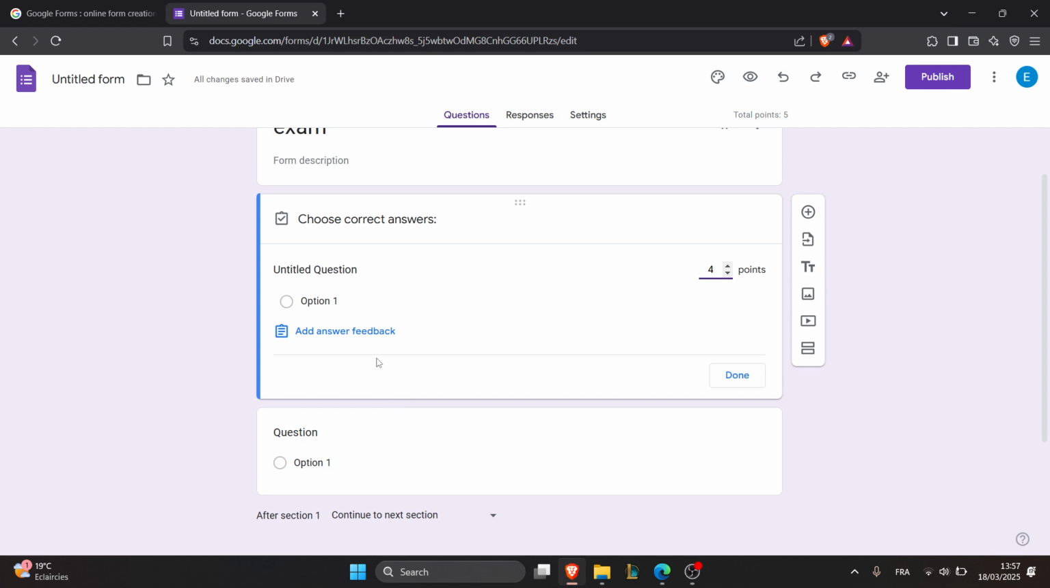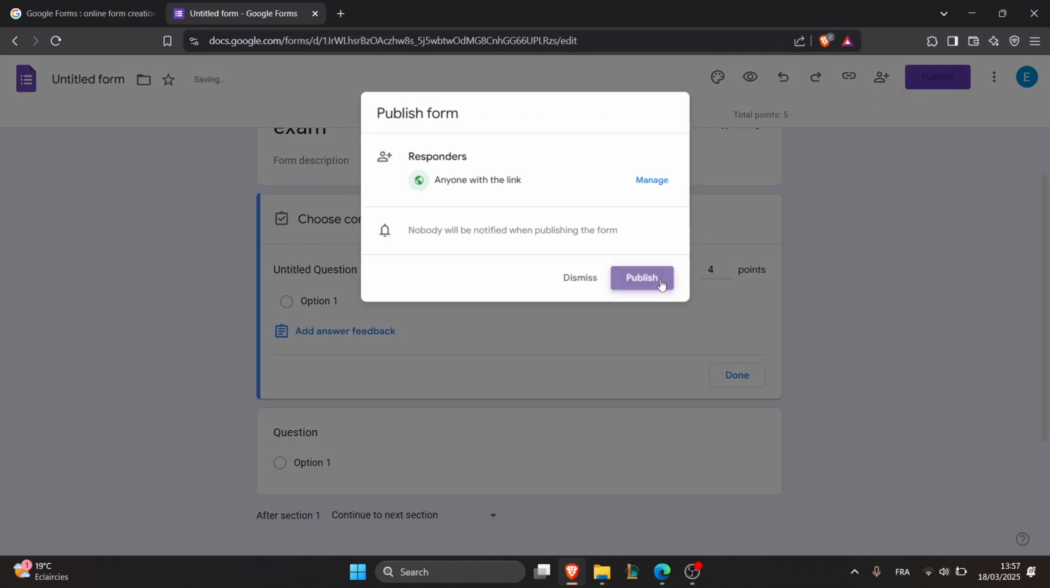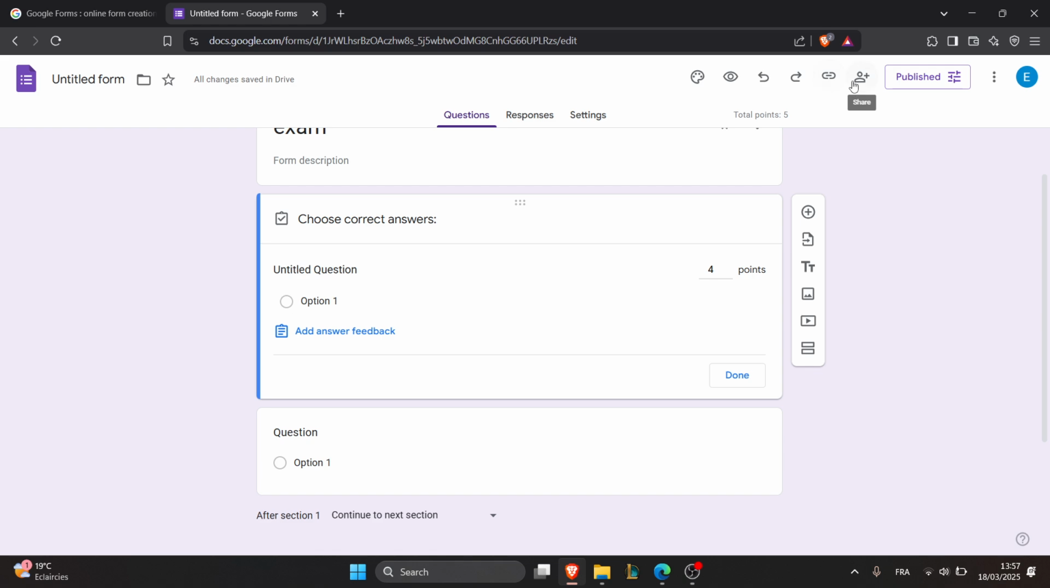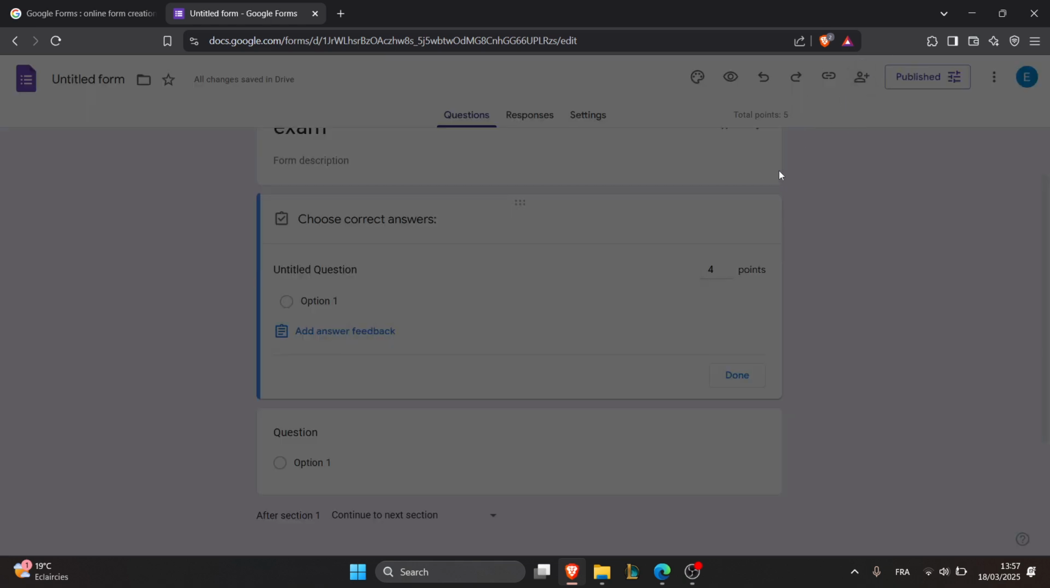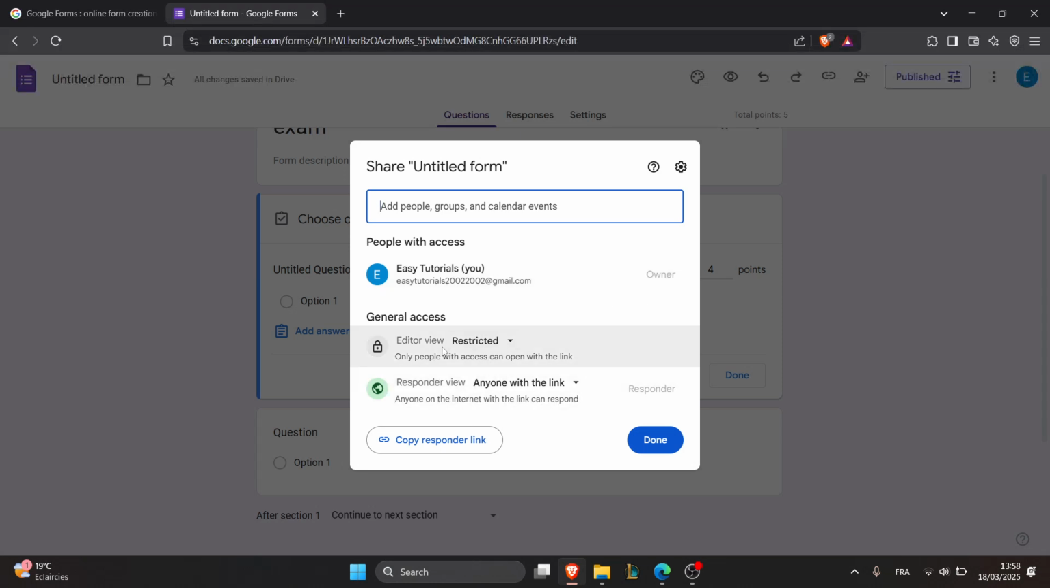The final step is to share the exam and analyze the results, and you can do this by clicking on send and sharing the link with the students. After you publish the form, the quiz, the exam, click on the share button and copy the link. Make sure you